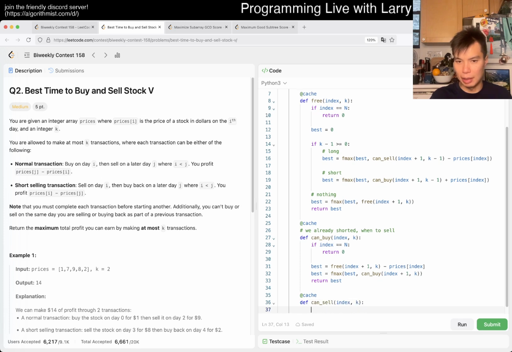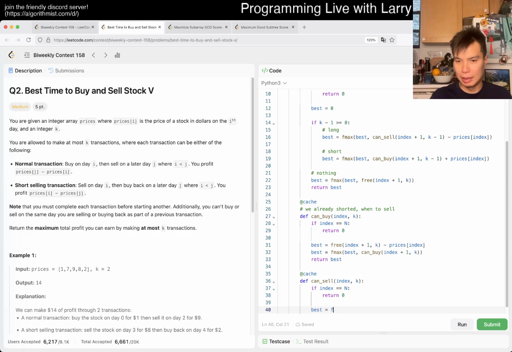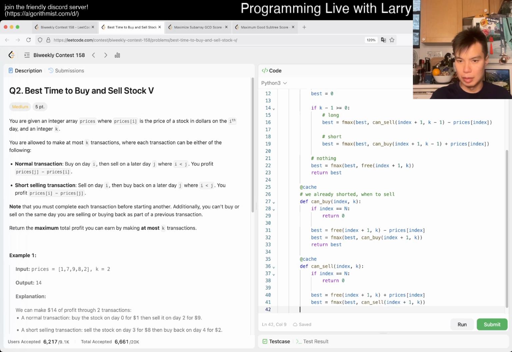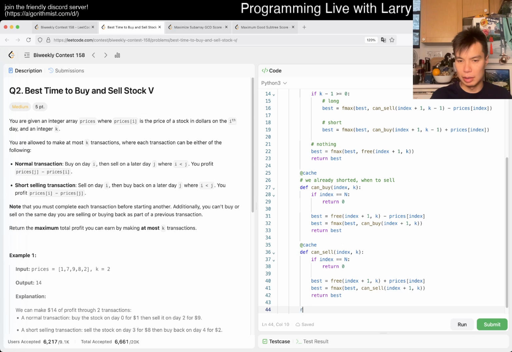But this is not that bad. This shouldn't be that bad. All right, so this is buy back. So that means that, okay, we brought it back. Plus prices of index. And then that's it. Right, so then now we go to